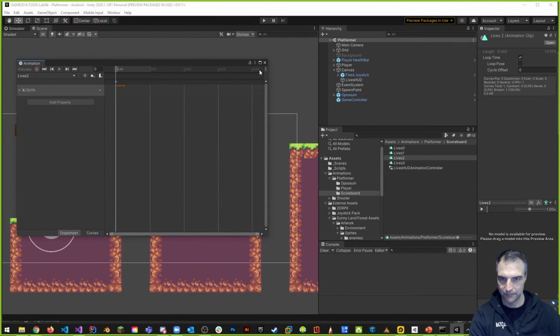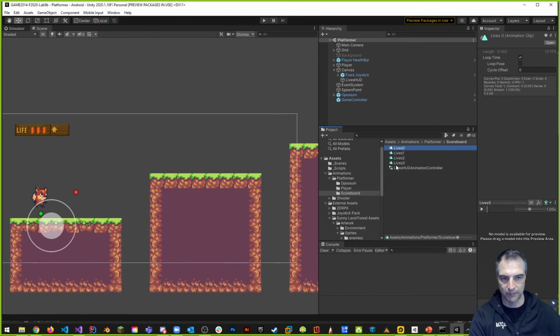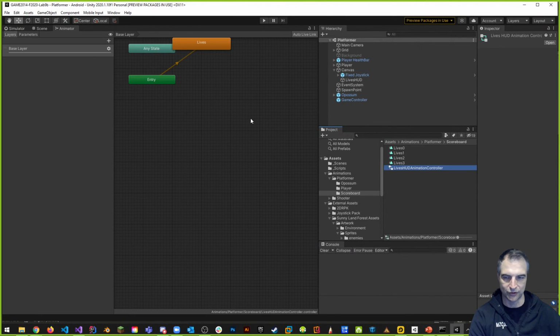Awesome. Lives 1. I want to get rid of this one, and this one, and move this one to here. Lives 0. I want to get rid of all the ones beside it except for the 0. Save. Cool. Excellente. Now that I've made my little animations, I'm going to double click on my animation controller, and